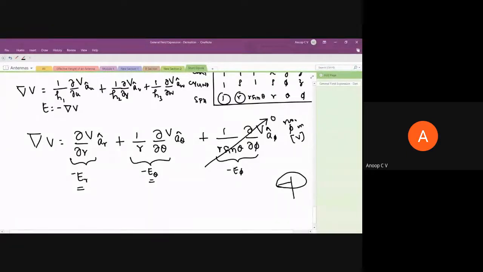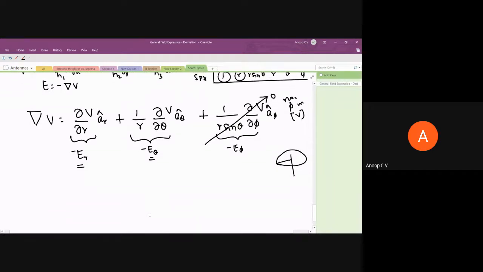So you just substitute the value of V here and derive. But I'm not going to do that, and even for the exam, you don't have to do that. But it's easy, it's not a very complicated thing. You should be able to differentiate f of x by g of x, because it's a function of r, and r is both in the numerator in the e power j omega term, and in the denominator, r minus something. So it will be f of x by g of x. If you know how to differentiate f of x by g of x, that part is done. I'm not going to do that.